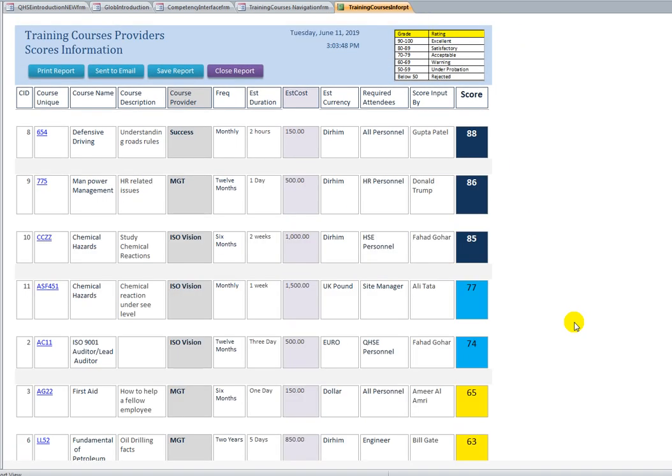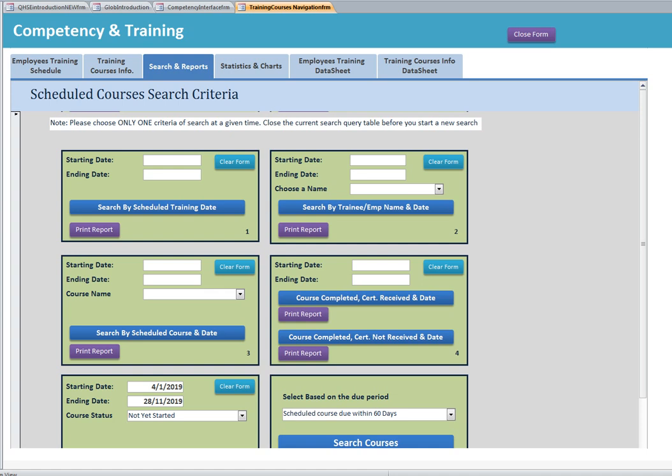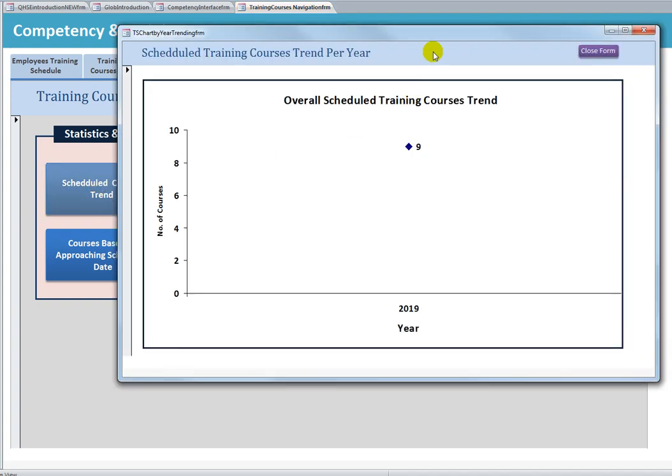Okay, now let's close that, and now we have what we call a report. Reports are a textual way of understanding a subject. Now let's go to the chart, because charts are sometimes very powerful and visual. They have a lot of visual effect. Scheduled courses trend. You want to see the trend first. Are you actually